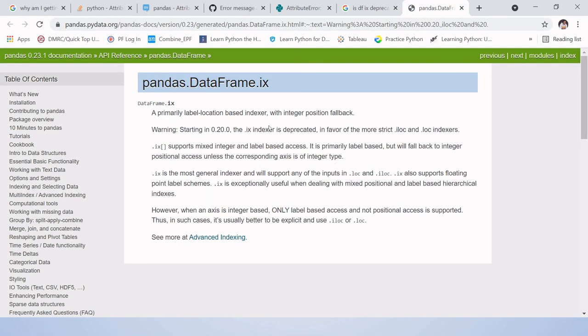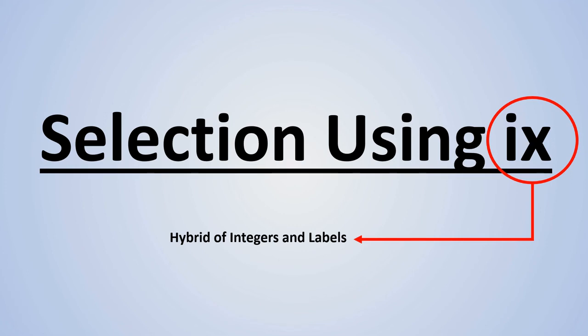Like you can see over here it says starting in 0.20.0, this is nothing but the pandas version, the .ix indexer is deprecated. So we will not be able to use this ix method of the pandas data frame, and we need to keep using loc and iloc.